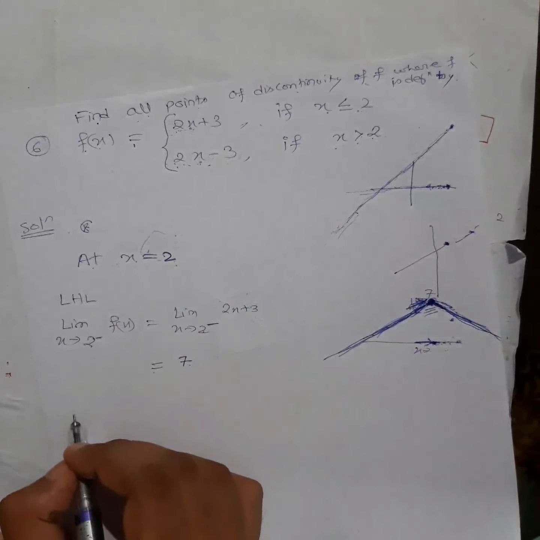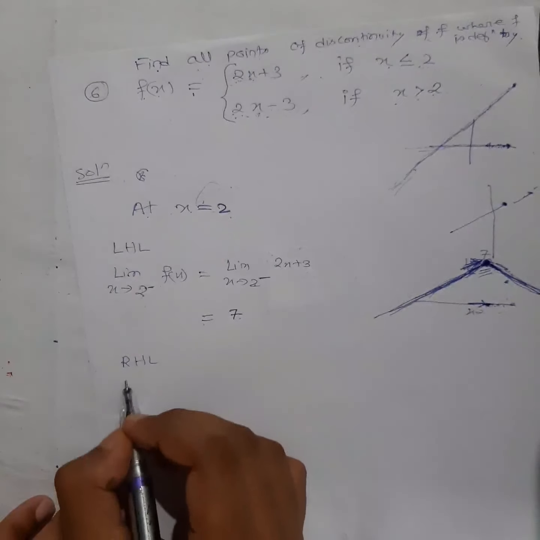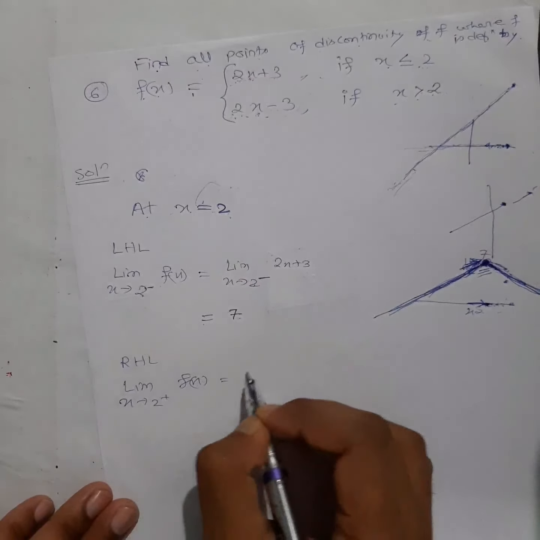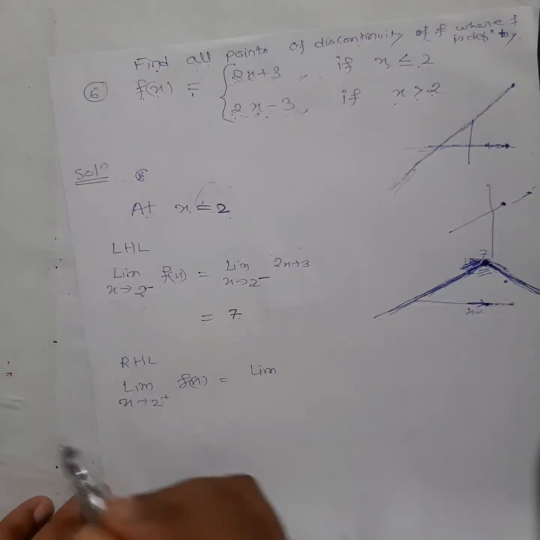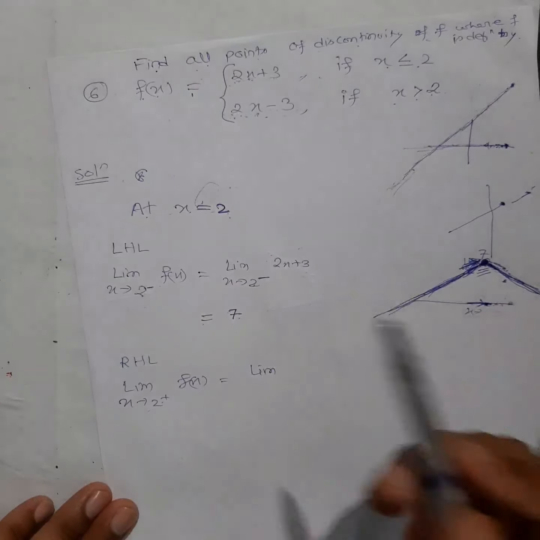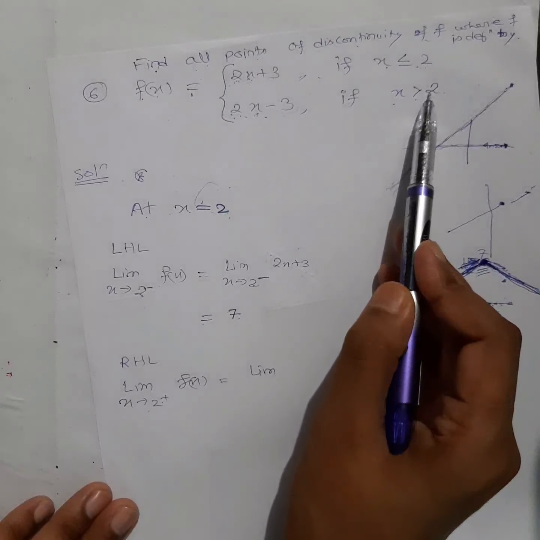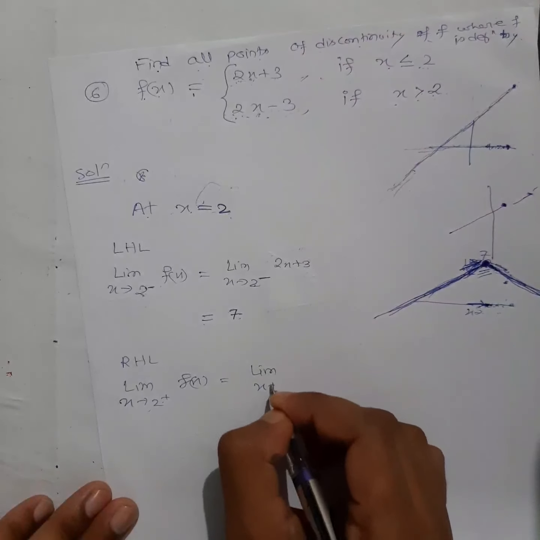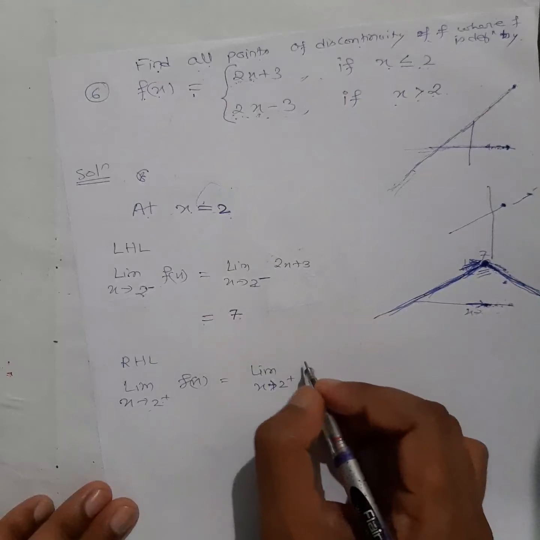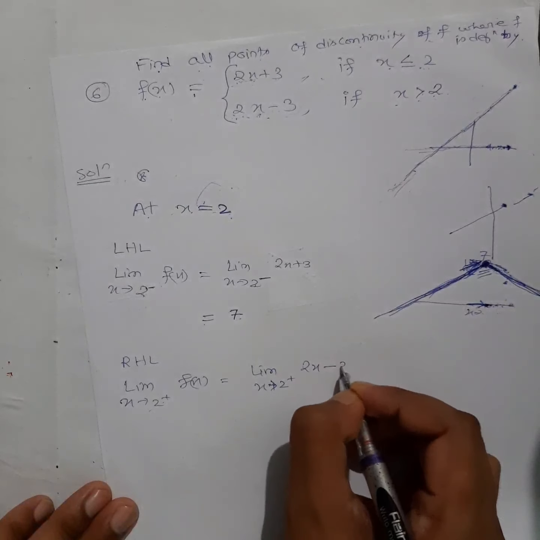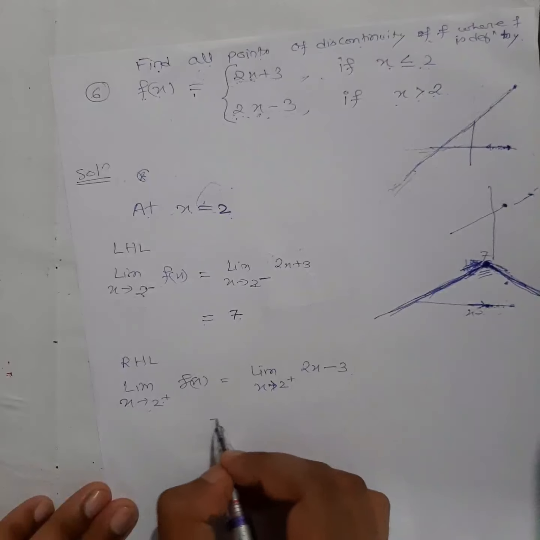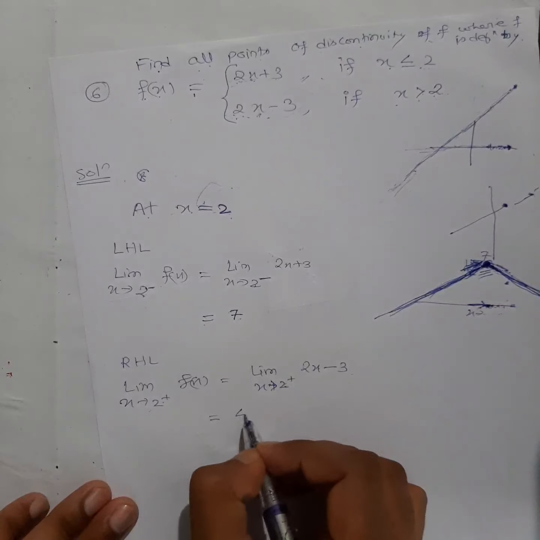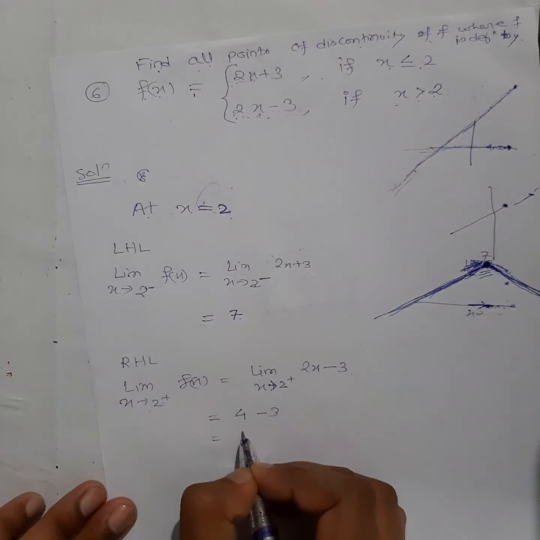Okay, next we will find the right hand limit. Limit x tends to 2 plus of f(x). What is your f(x) now? 2 plus means you are taking values greater than 2, very close, like 2.1, 2.2. For values greater than 2, which function is it? This one. So let's take limit x tends to 2 plus of 2x minus 3. Now can I put 2 directly here? Yes, of course, this is a determinate value. After putting 2, what do we get? 4 minus 3, which is equal to 1.